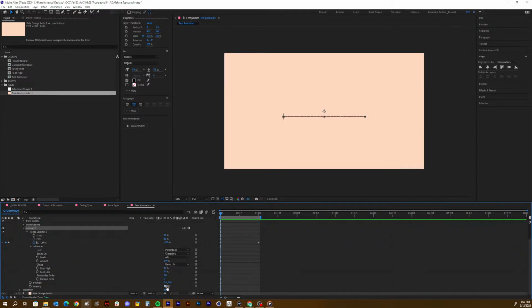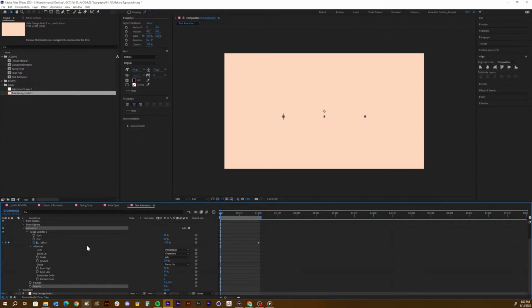So all I have to do is bring this down to what I want it to start at, which is 0%. And the range selector right here, with the start, end, and offset, is going to still affect the opacity the same way that it affects the position,